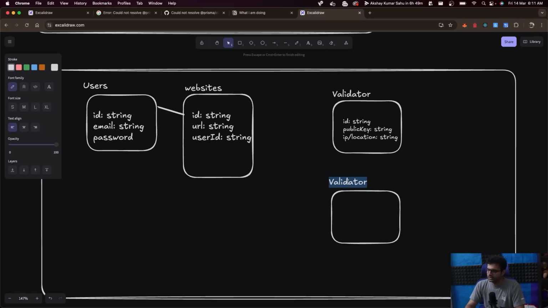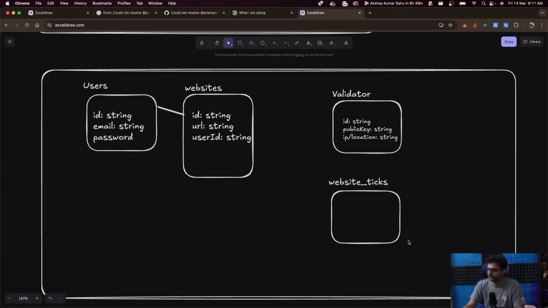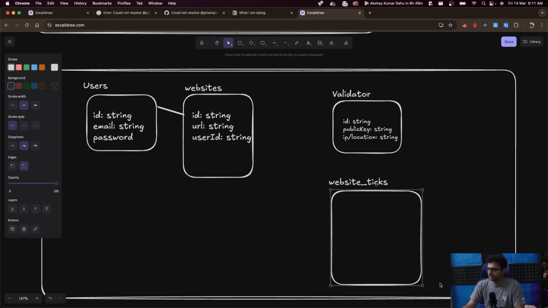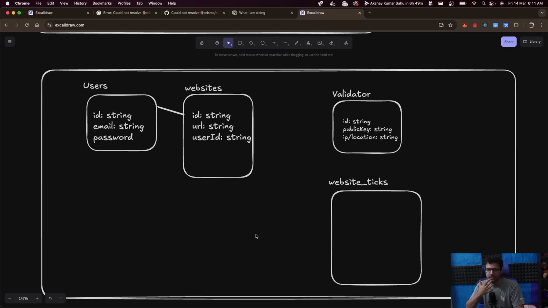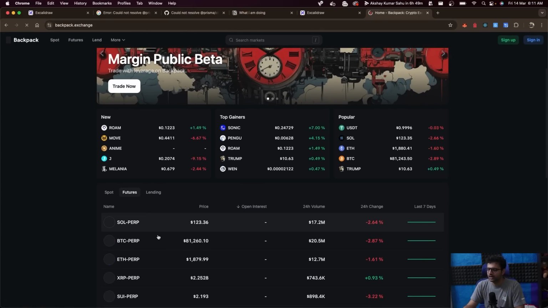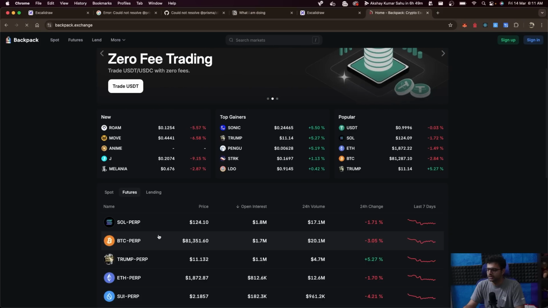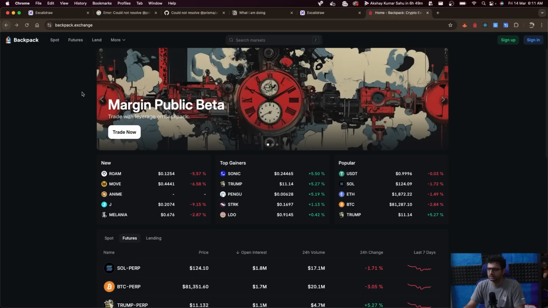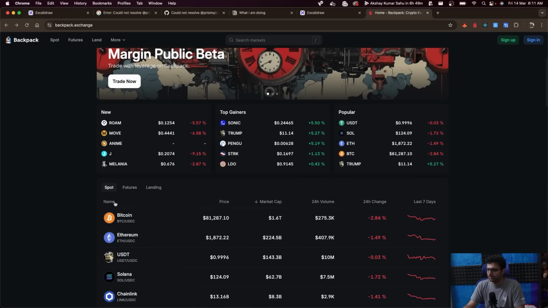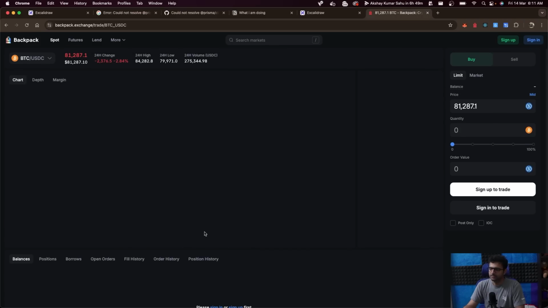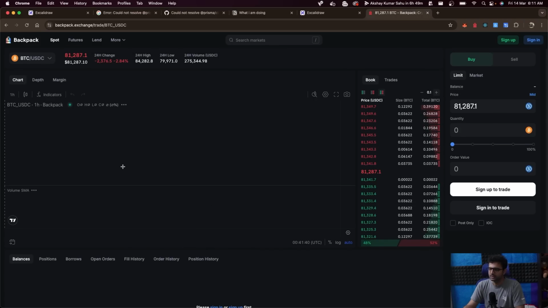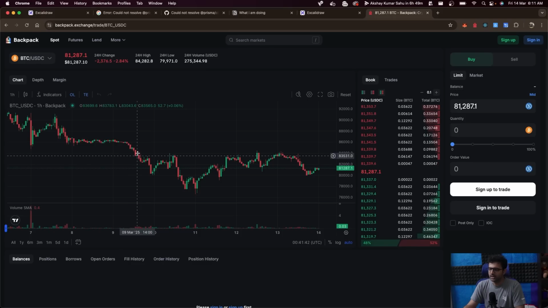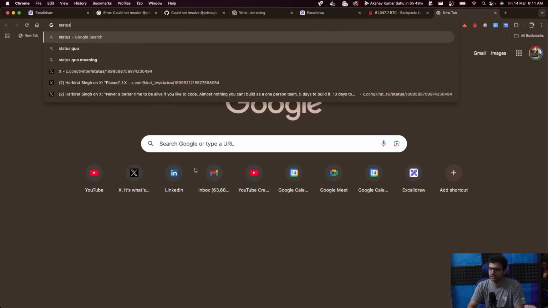And then lastly, we need, let's call it website ticks. A tick basically means, if you've seen charting graphs or trading graphs, a tick is a single wick there. So if you go to any website like this, and if you're trading, let's say BTC, oh, it's futures. Where is spot? If you're trading BTC, each one of these lines that you see is called a tick, and we'll need something similar, right? Eventually,